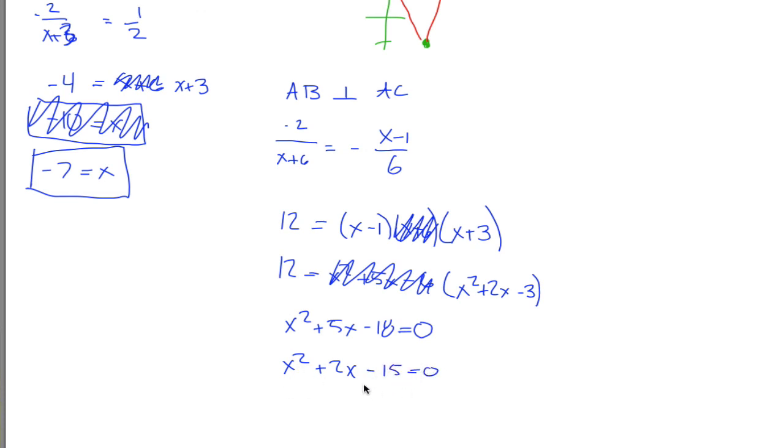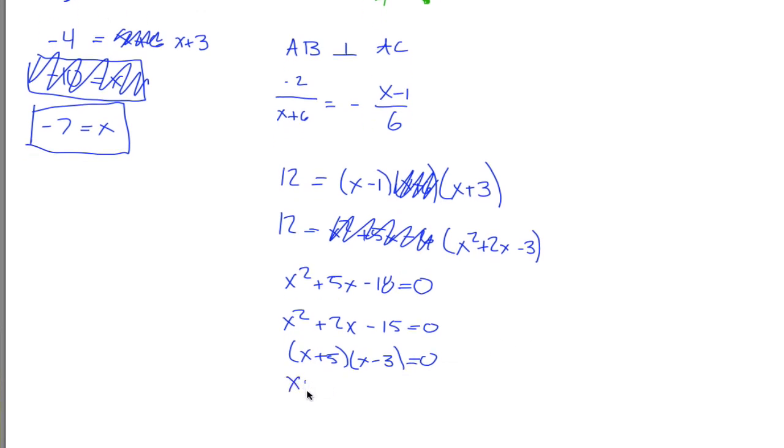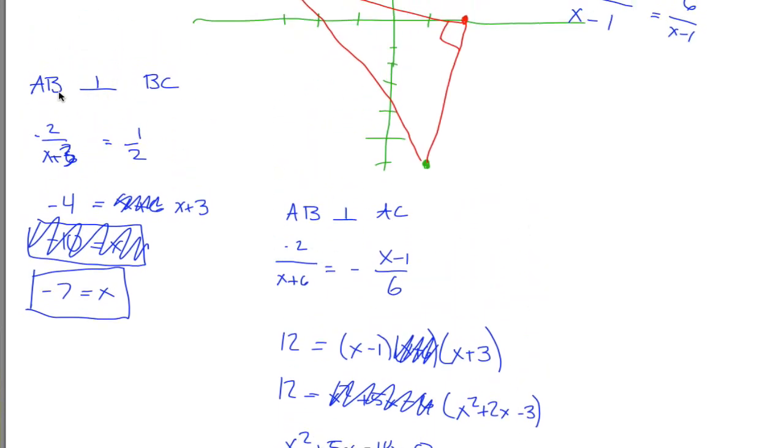So this we can factor to solve. Two numbers that multiply to negative 15 and add to 2 are positive 5 and negative 3. And so what that tells us is either x plus 5 equals 0, in which case x equals negative 5, or x minus 3 equals 0, in which case x equals 3. And so what we get are two more solutions down here. And then finally, we've looked at when AB and BC are perpendicular. When AB and AC are perpendicular, finally we can look at when BC and AC